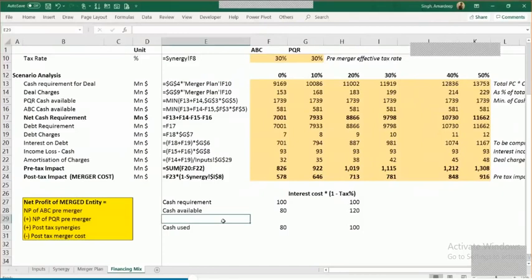All right. So take a minute to complete this, and then please open version number 4, wherein we are going to compute the net profit of the merged entity. So first of all, we've already computed synergy, we have already computed merger cost. So we would first of all compute the net profit of both the companies in the 5 years of projection. So we will do that first, and then we'll proceed to the net profit of the merged entity. So these are the 4 elements that we have to capture to be able to work out the net profit of the combined. Right? So take a minute, complete it, and then we'll move on.